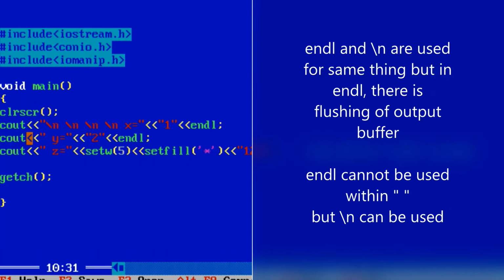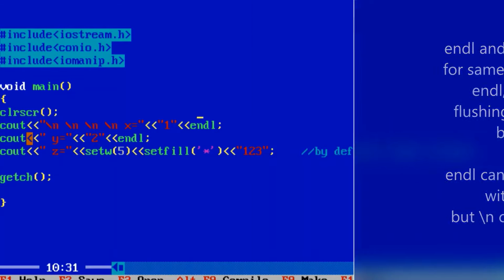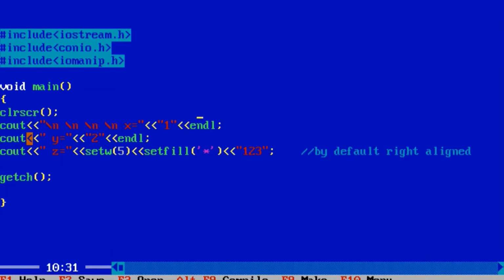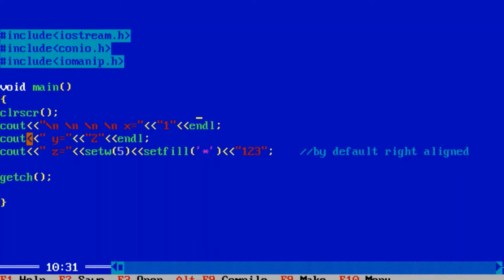In the next line the value will be printed, that is y equal to 2, after that endl, and in the third line, that is z equal to setw. Here the value of the parameter is 5, so the width of the field will be 5. Setfill star, in the unused spaces the star will be filled up, and the value 123 will be printed right aligned.